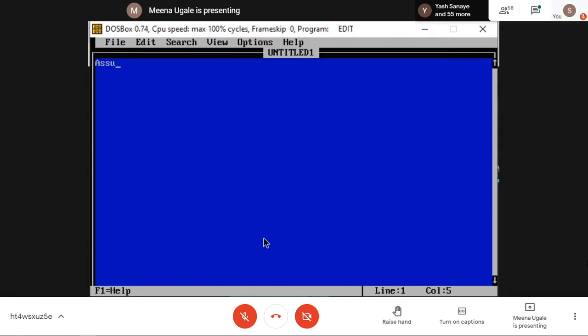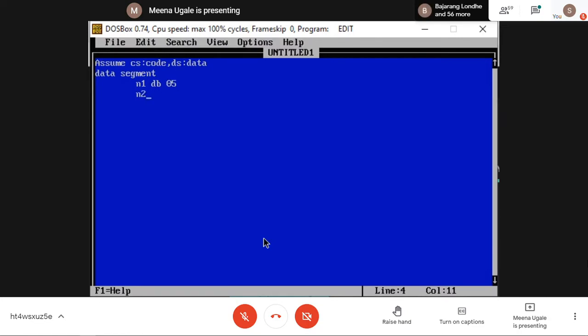Start with your assume CS code, comma. Now I'm going to use here data segment. So I'm writing DS also. Okay. Now in the data segment, I'm going to declare two numbers. So I'm writing data segment. If you remember last time's content, the same way we are following. My first number is N1. 8-bit addition I'm going for, so I'm writing DB type. And any random number you can assume, I'm considering 05 here.